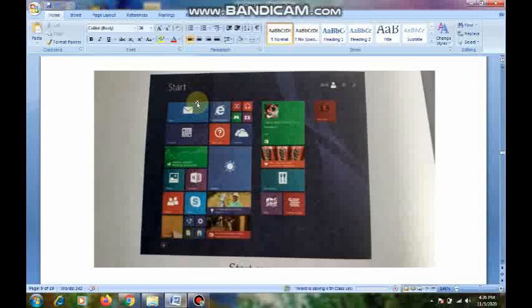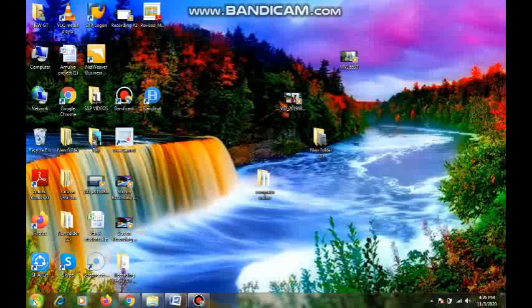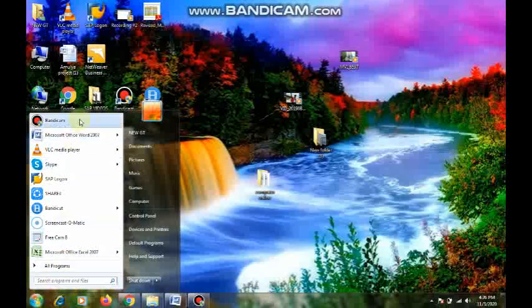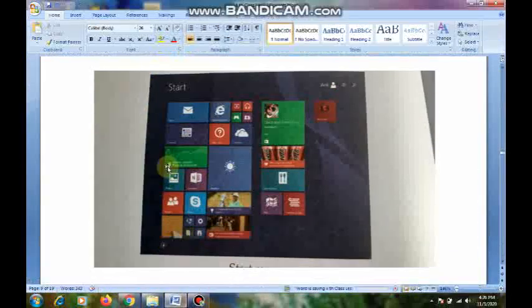Okay children. So in Windows 7 operating system, all of you know how we will use it. If you click on start button, the start menu will appear. Here we can see all the programs which are in this computer. Like that, in Windows 8 operating system, how will we operate, where will we see the programs, what are these boxes, how will we open our programs, all that we will learn in this class. Okay children.